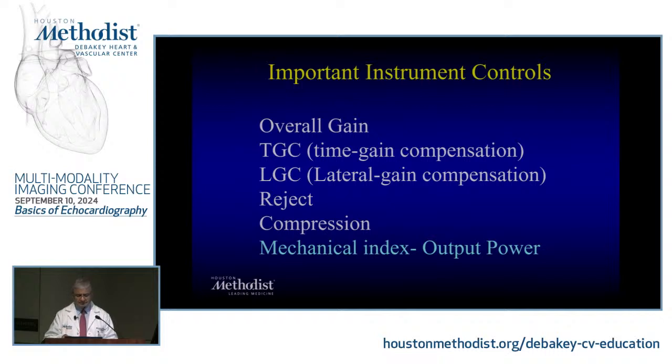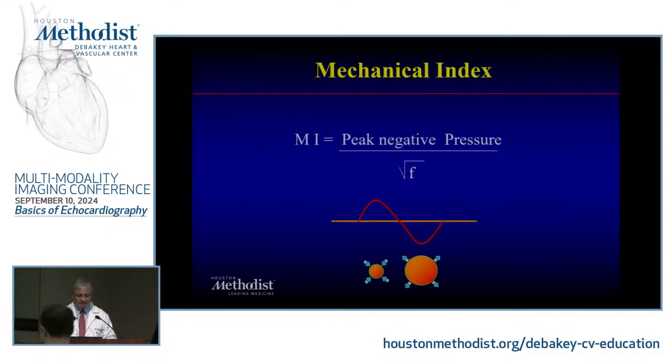Interestingly enough, all the others that you see, 1, 2, 3, 4, as opposed to the mechanical index, are post-processing, meaning the ultrasound wavelets came back, and I'm processing them in a different way. The mechanical index or output power is the one that you're sending towards the patient, and then you also can manipulate that. Now, this came to more importance, if you will, from a clinical point of view, to adjust your mechanical index setting